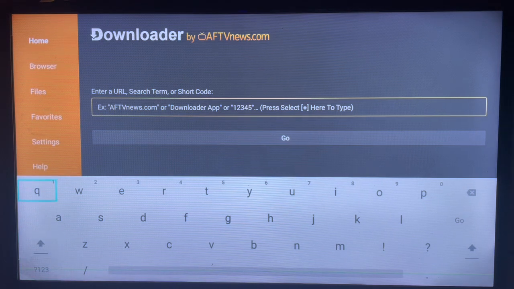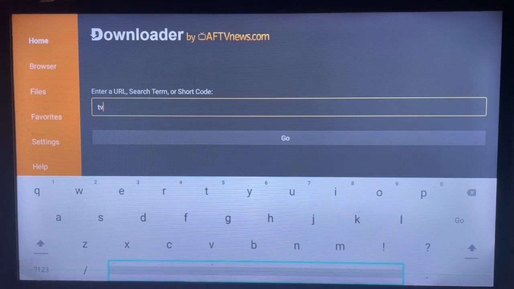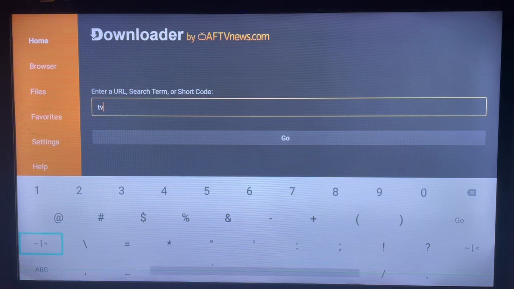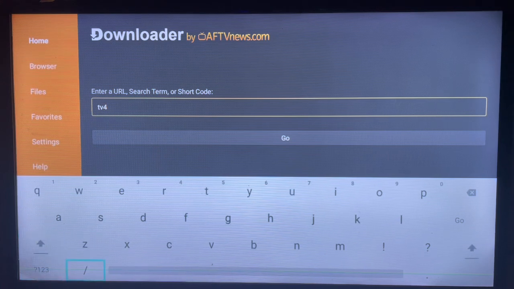So once you are here, what you have to do is you type in the name of the application you are looking for. And in this case, we're looking for TV4 Play. So TV4 Play. I'm just going to quickly type in the name of the application. Now, for the sake of a good search, it's always good to type in the right keyword when you're typing. For instance, here, instead of just typing TV4 Play, you can type in TV4 Play for Smart TV, so